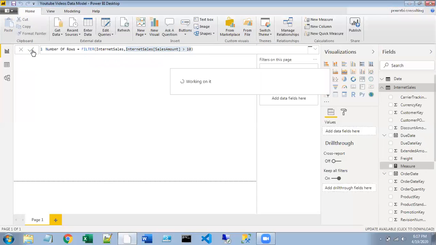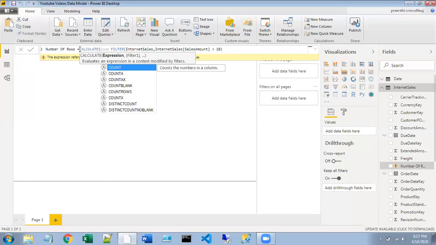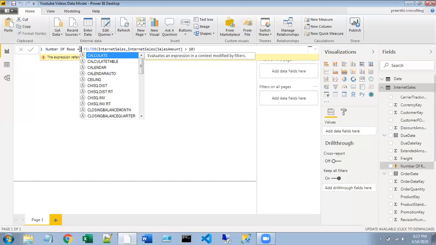You will get an error here: the expression refers to multiple columns, and multiple columns cannot be converted to a scalar value. So what we will do is use an expression with COUNTROWS. Even calculate is not required, we can take this out.